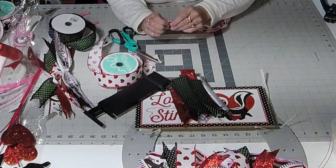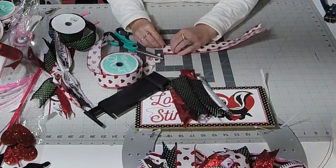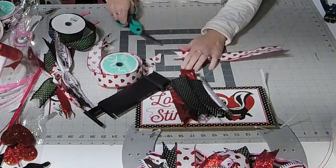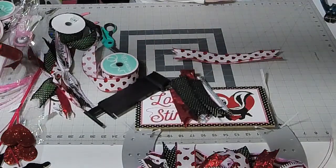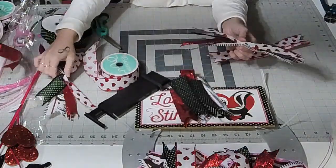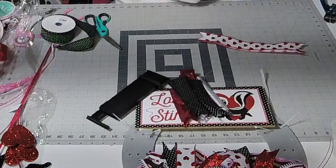Okay, so I've cut 7 of each ribbon, and we're going to make these little funky bows. So instead of putting the plain old ribbon tails in like we always do, we're going to make little bow packages here. Okay, and to do this, we are going to